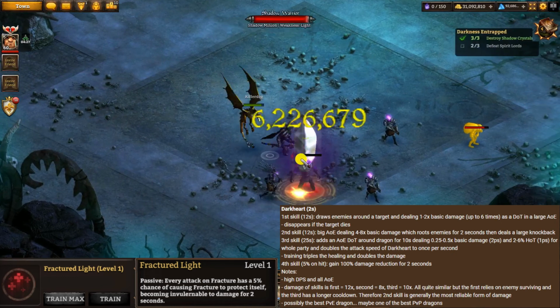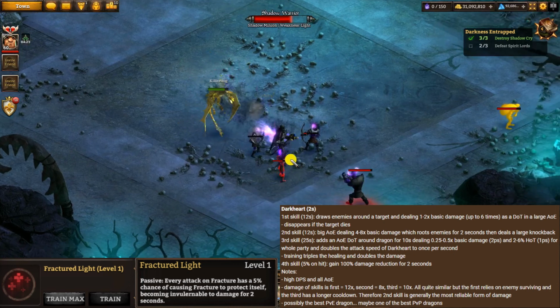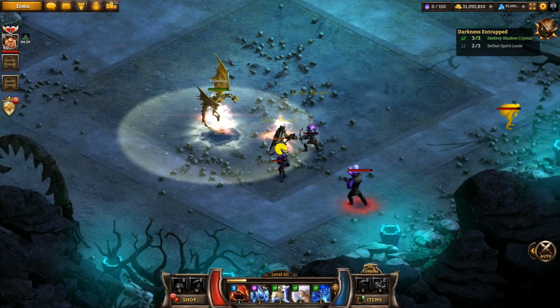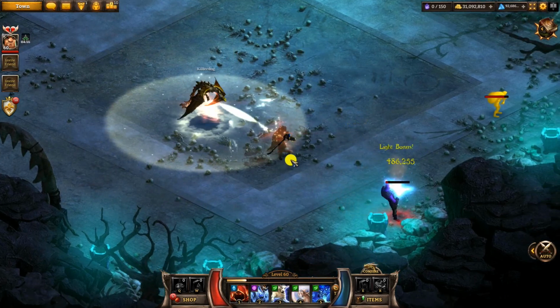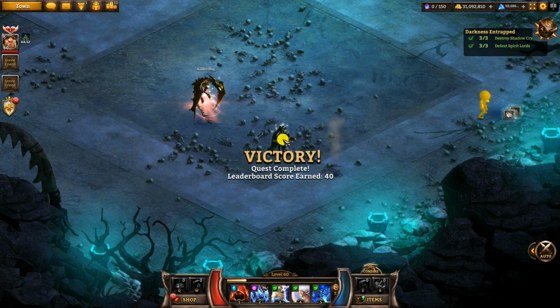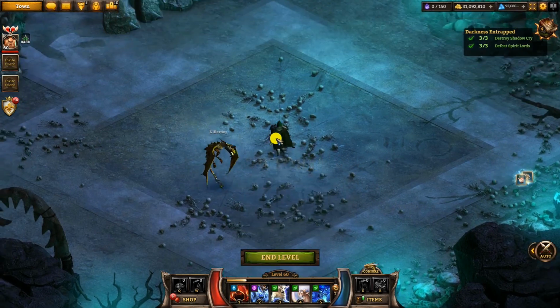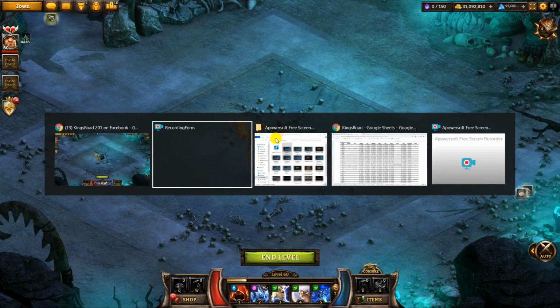They can solo things, and that's great when you have an attacker dragon. You would not expect it to survive too well. I really like this as well, supporting knights, because knights want to generally control lots of enemies, and Darkheart and Fracture just add to that a lot of control. They don't mind being close to the enemies either. So yeah, really good all-round dragon. Let's have a look at how they